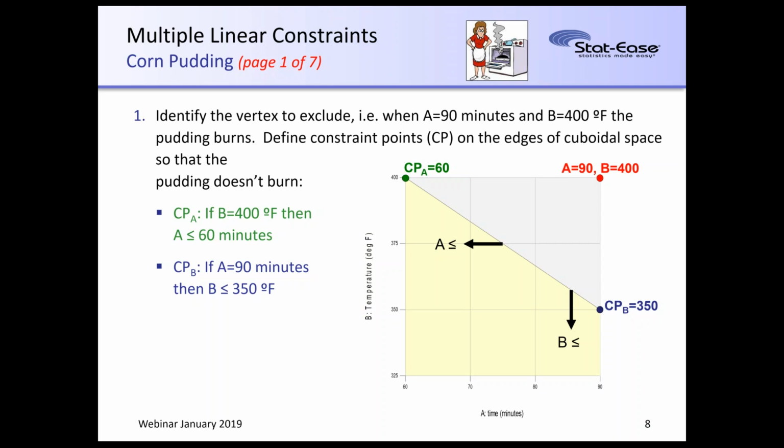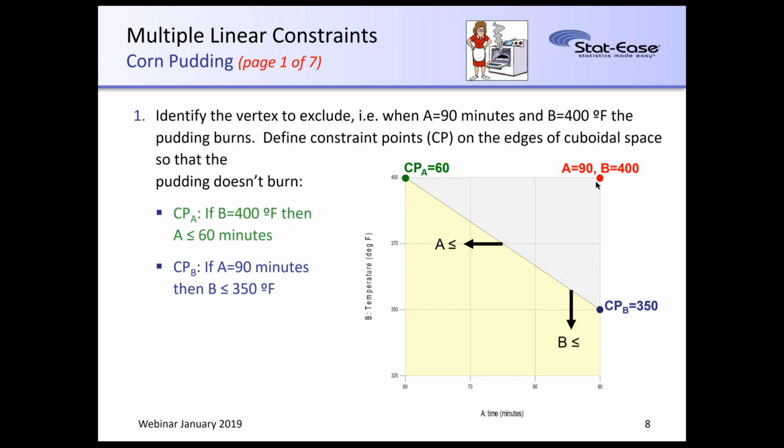The way we do that is we say, okay, if we're going to use a temperature of 400, what's the longest time I can have the corn pudding in the oven? And we said, well, if we're going to use 400, the longest time in the oven is only 60 minutes. So that becomes our constraint point on time when we're at the high